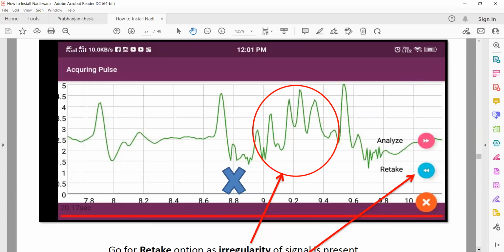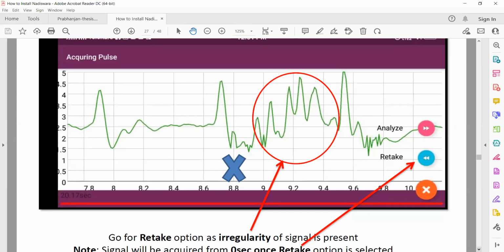Even if you give wrong data, with the help of that intelligence technique, it will say that the pulse is not acquired properly and it will throw an error message. And it will ask you to retake the pulse again. So we recommend that for every complete 20 seconds,